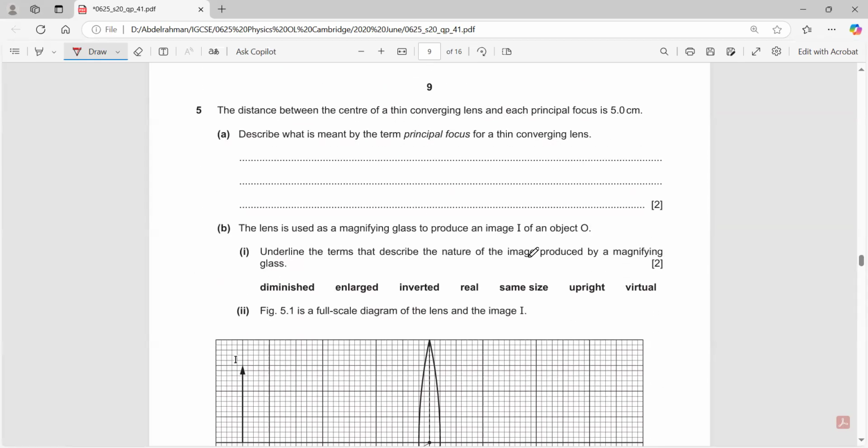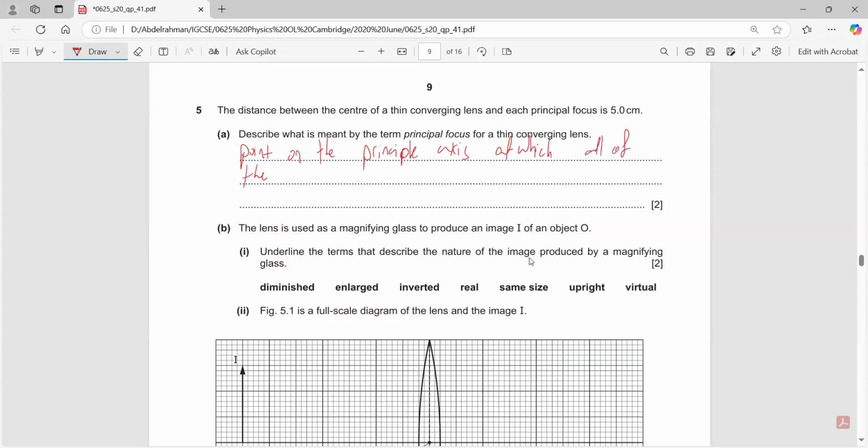What is meant by the principal focus for a thin converging lens? Principal focus. It's a point on the principal axis at which all of the parallel rays